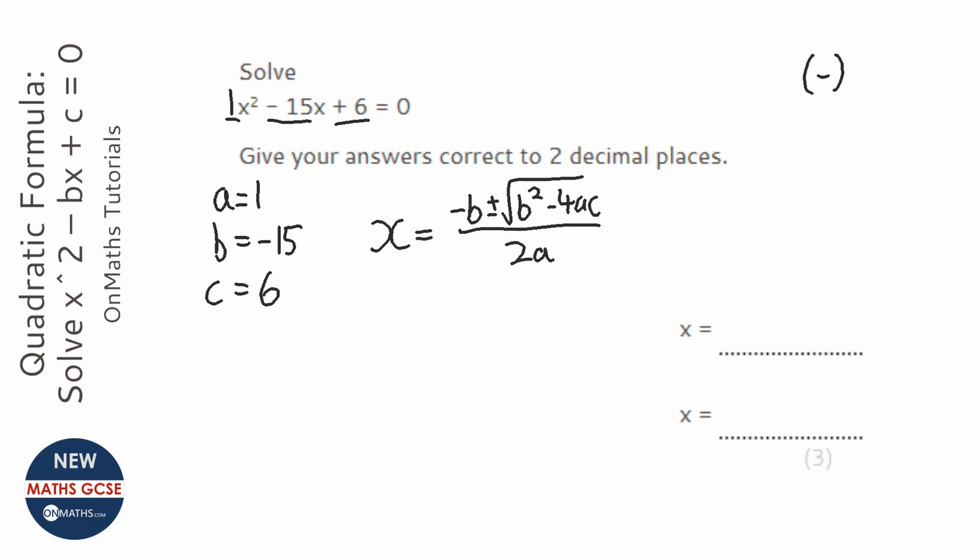Right, take away 4 times a, which is just 1, so I'm not going to bother with it, times c, which is 6, so 4 times 6. Or you could write 4 times 1 times 6. Then I'm going to press the cursor button to the bottom on the calculator, and it says 2 times a, so a is just 1, so it's just going to be 2. I press equals, and it comes up with a fraction, so I'm going to press the S to D button